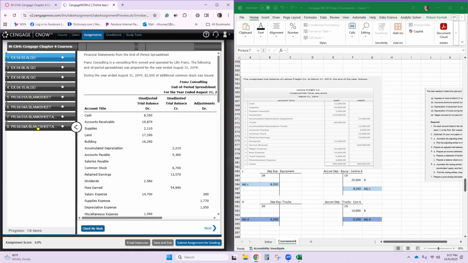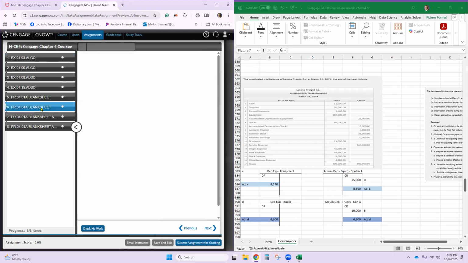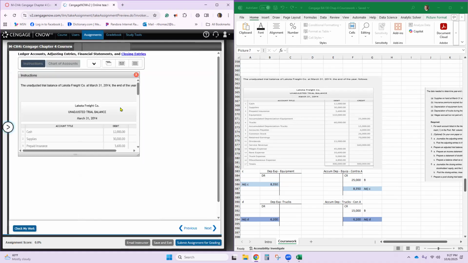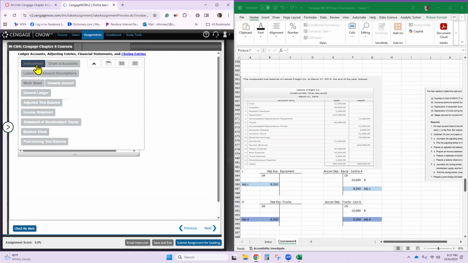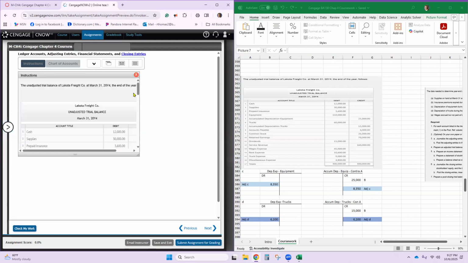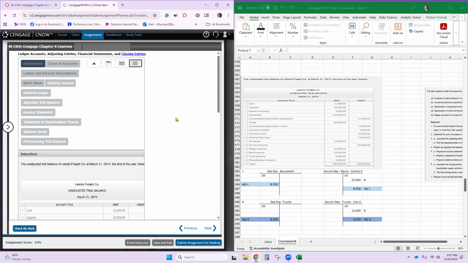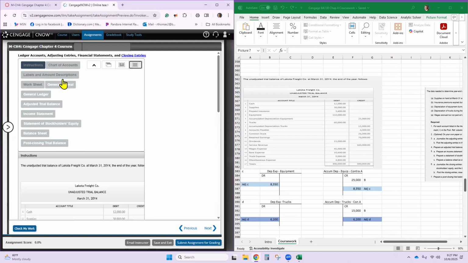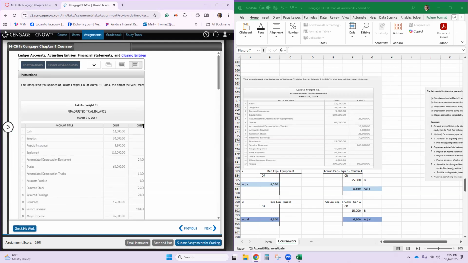Then you'll have another one to do with different numbers, but this one we're doing the same numbers. So we're going to go through steps 7. We're starting before step 7. Let's go look at the instructions, chart of accounts, labels, and the worksheet.